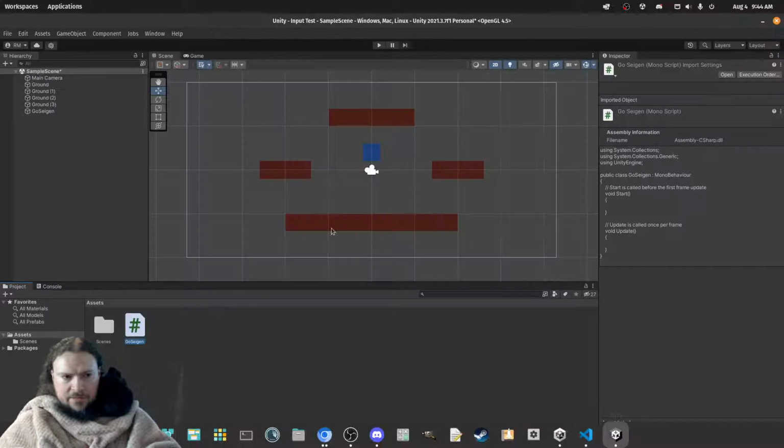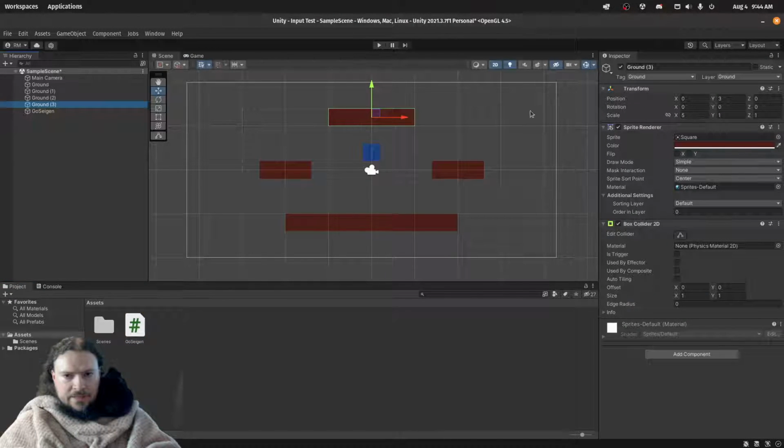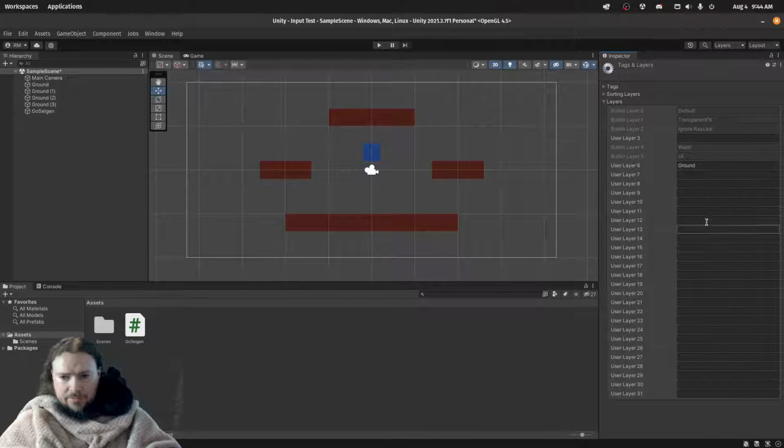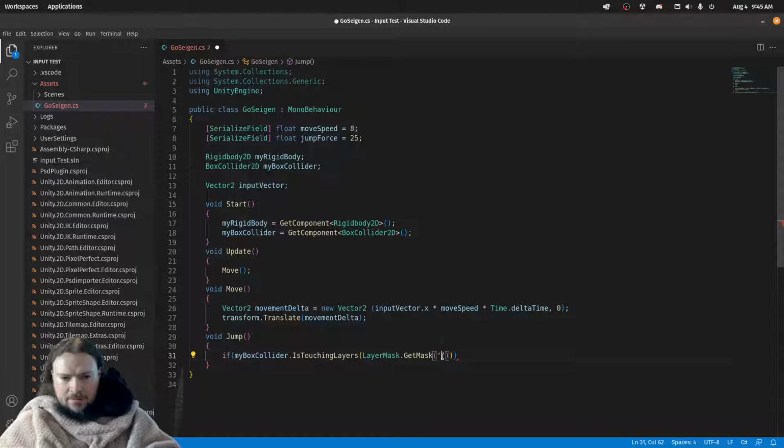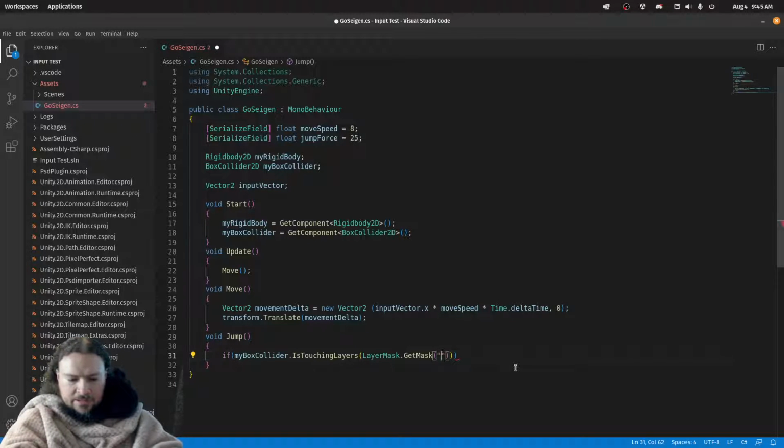So the way we would handle this one, all of our ground, I have on the layer ground, which you just go add layer. You have as many as you want. Type in ground, then go back to the ground itself and put it on the ground layer. So if my collider is touching anything on the layer ground,